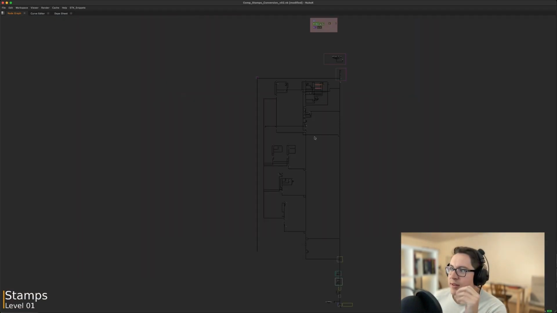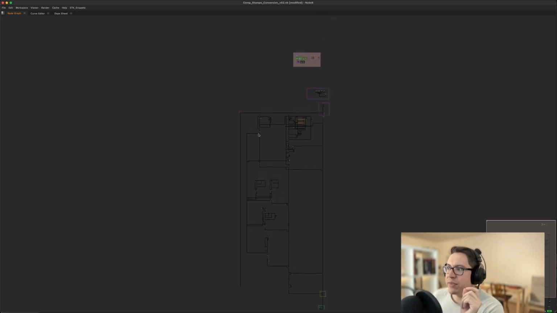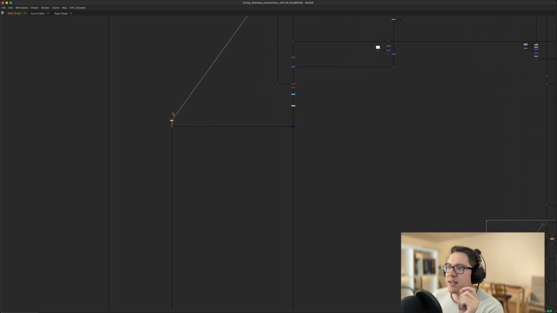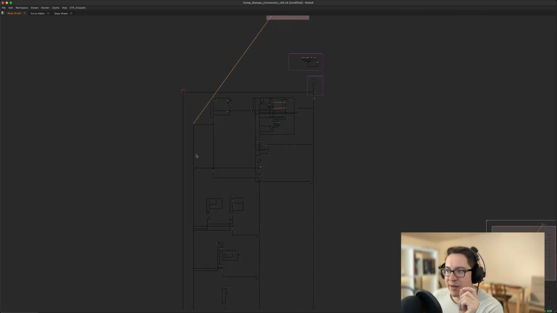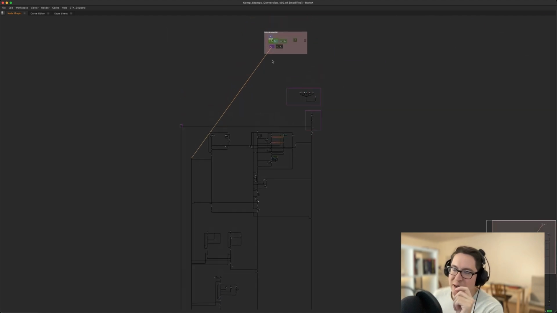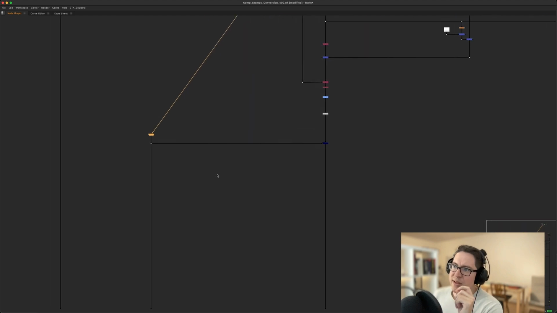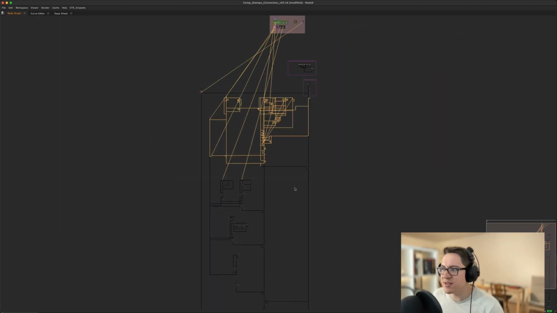Okay, so we have the level 1 stamps done, and some people would just want to stop here, right? This is the most amount of stamping that they would want to do, just to replace everything at the top with the sources and then have it go. But now it doesn't really make too much sense to have all these pipes everywhere, because we have the stamp. It's already being piped from the top. So we now have the ability